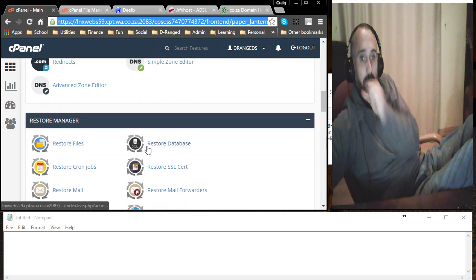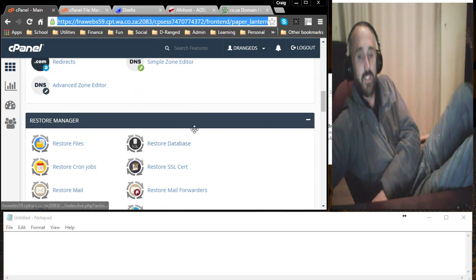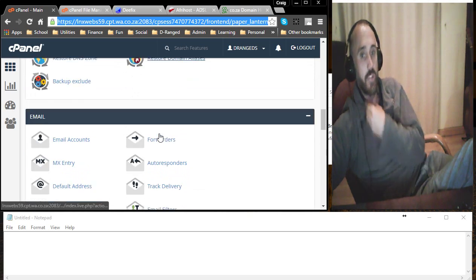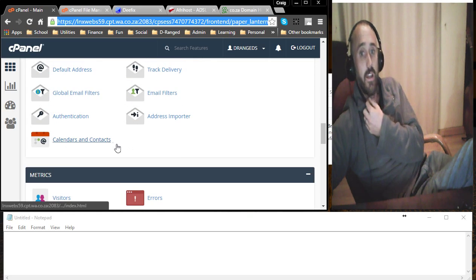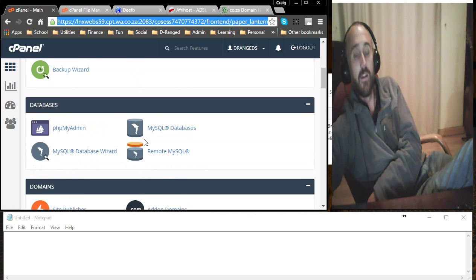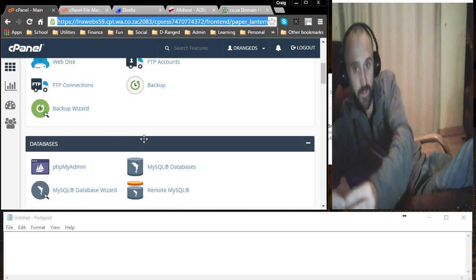I could actually manage multiple domains and subdomains within this server, because all this really is disk space that I've got, and I can choose which domains get redirected to here, and which aliases, email accounts, how to get authenticated, calendars and contacts, and a whole bunch of different technologies that I can run from this server. So I've got a server that I'm renting out, and one of the things that I've got on there is